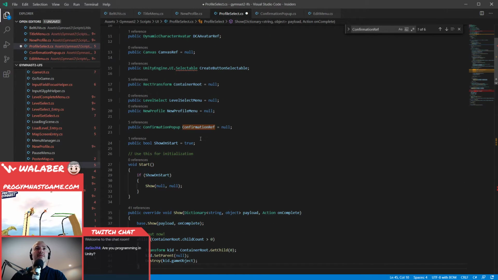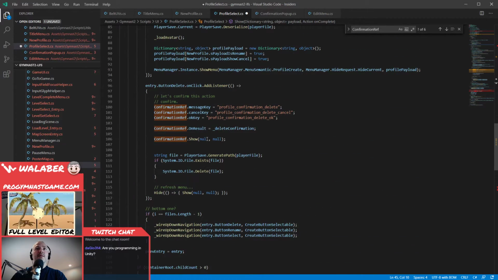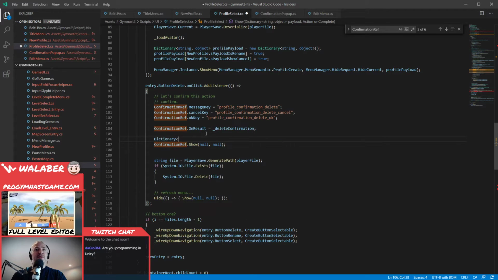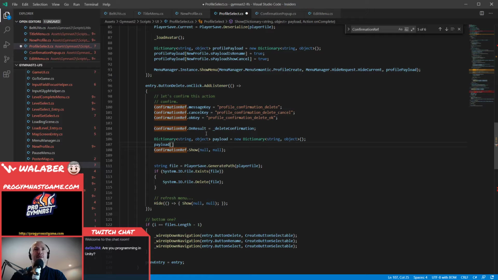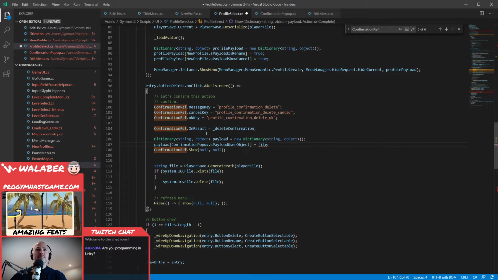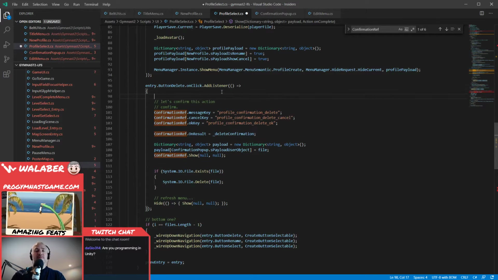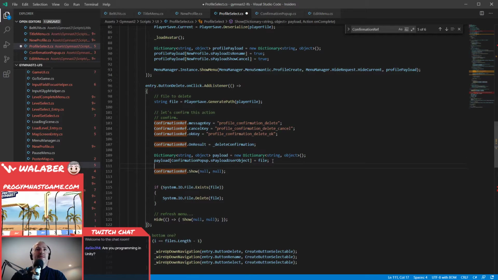But over here, right here, when we show this, we can actually make a dictionary of strings and objects called payload, new that, and then payload confirmation pop-up dot s user object equals the file we want to delete, which is this. Okay, so we're going to pass that along into the confirmation